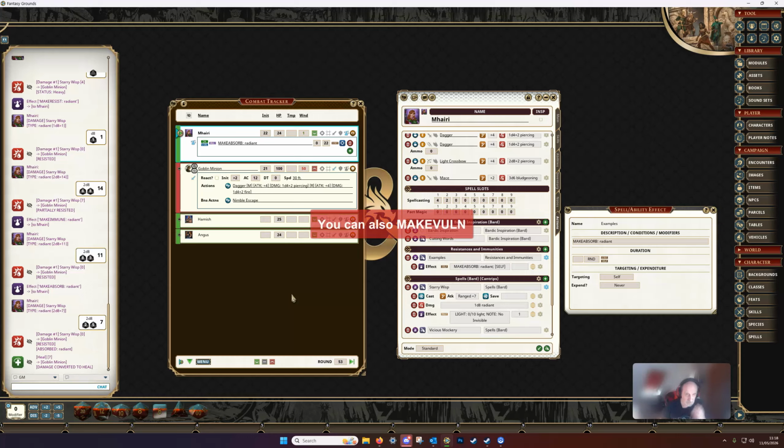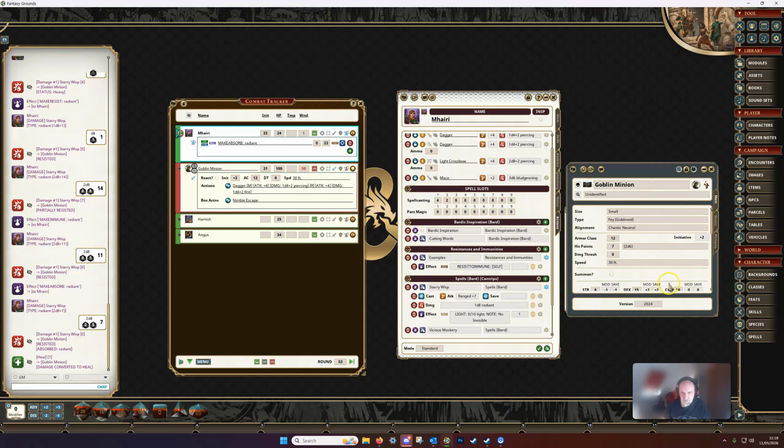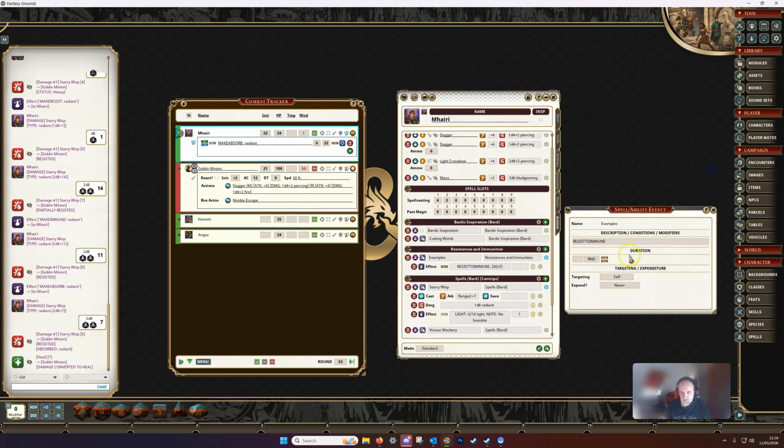Finally, there's the 2 tag. So 2 on its own doesn't do very much. What this does is it converts one type of resistance or vulnerability to something else. So if we type in resist to immune, then what this is going to do is to convert any resistance to an immunity. So our goblin here is resistant to piercing damage. So if we type in piercing,